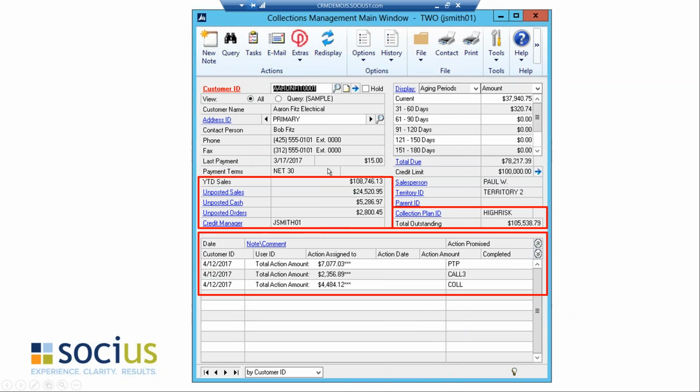I see all of their pertinent information about contact information, payment terms, etc. I also then have the ability to see a few things that can be very pertinent to my decisions in regards to collections. For instance, what is my year-to-date sales? Are there any unposted sales that exist in GP right now? Are there any unposted cash receipts that are in GP right now but not posted? And are there any orders sitting in GP, whether they have been dropped in from CRM or SalesPad, or just